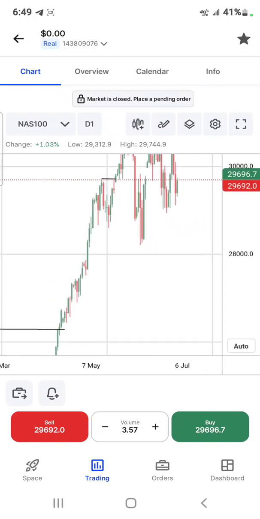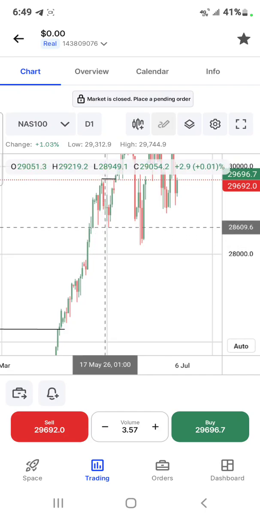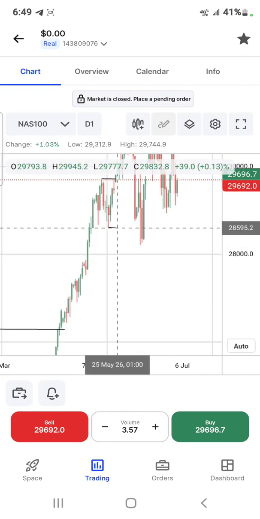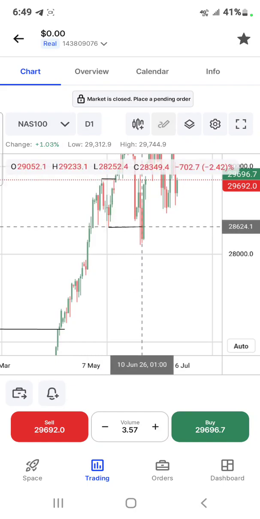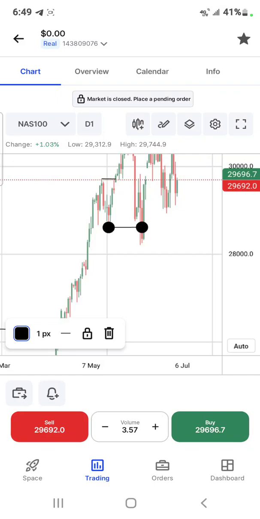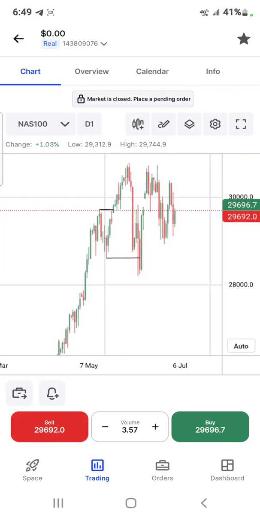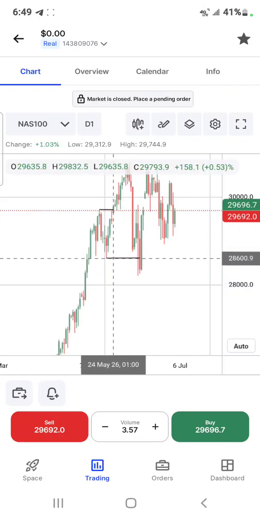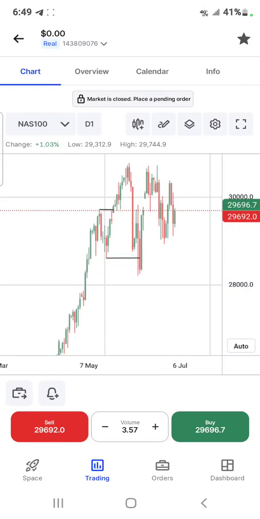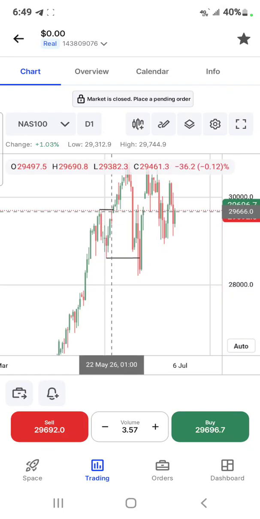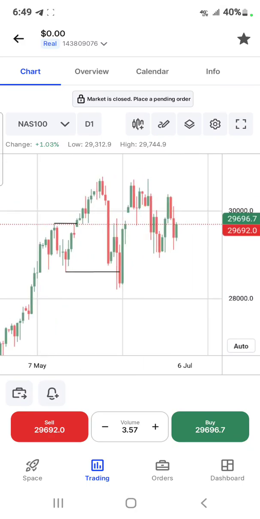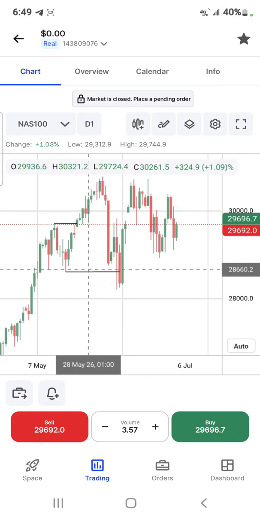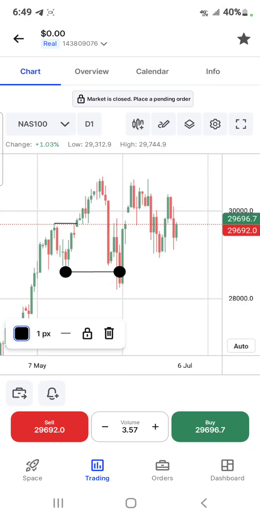After that break of structure, we had our change of character because market took out this particular low. Market took out this low, which caused the break of structure. Market took out this particular low, which is here, after breaking this high. So we had a change of character or market structure shift. So after we had a market structure shift here or change of character, price rallied up